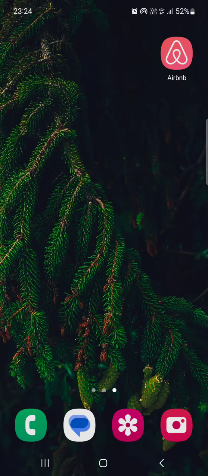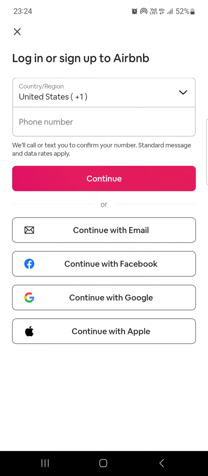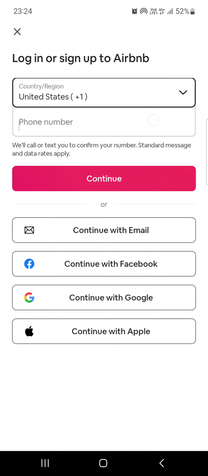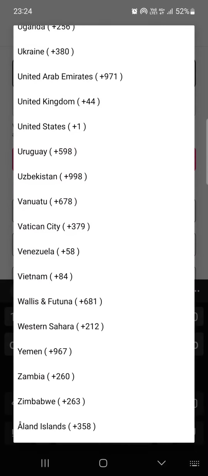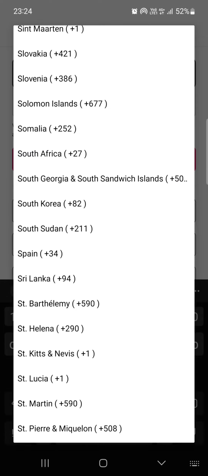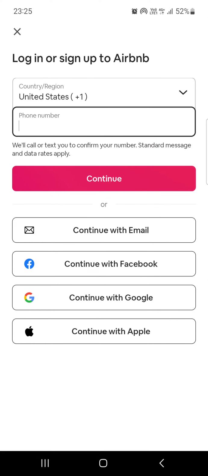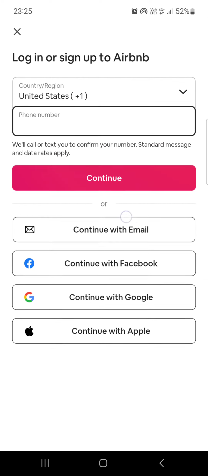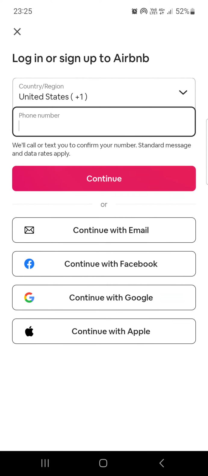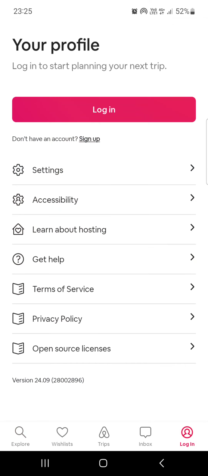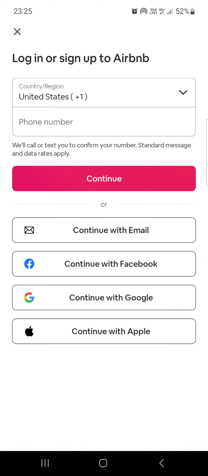First you have to open up the Airbnb app. And here, if we haven't created an account yet, then we have two options. Here we can sign up with our phone number. We just select the country here, like this, and then we type in our phone number here, or we can just continue with one of the mentioned options, with email, with a Google account, or